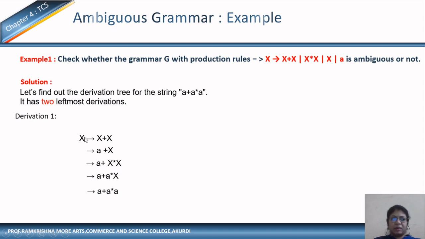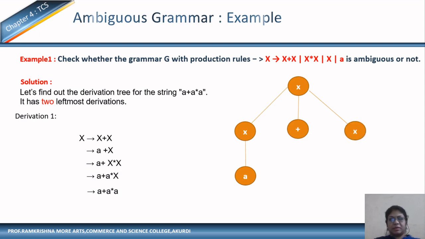So first, in the derivation tree, the left hand side is X, then the right hand side is X plus X. The first X is derived by a as per the derivation, then plus and X. Now this X will be written as X into X. So in the derivation tree, likewise X into X. Now the left hand side X is derived as a, and then the right hand side X is derived as a. So this is the derivation tree